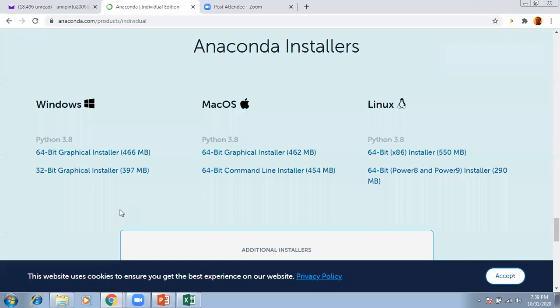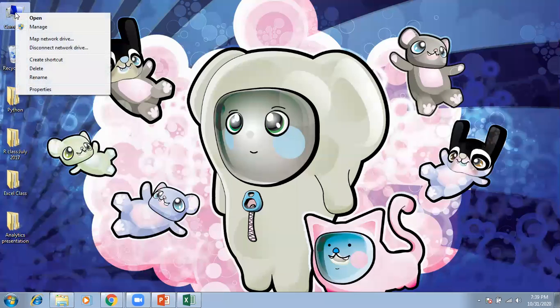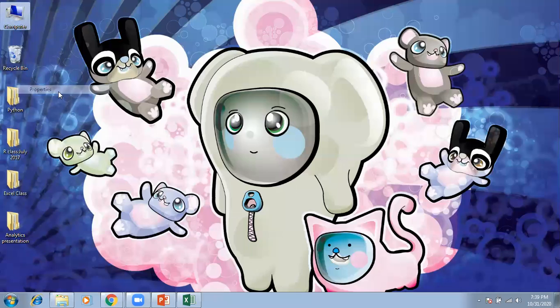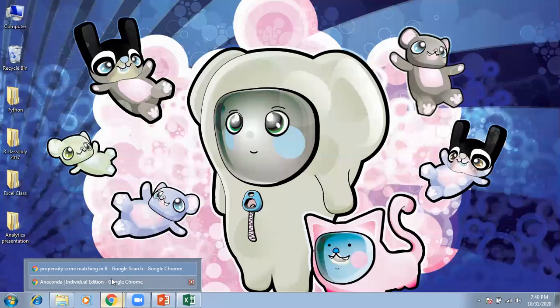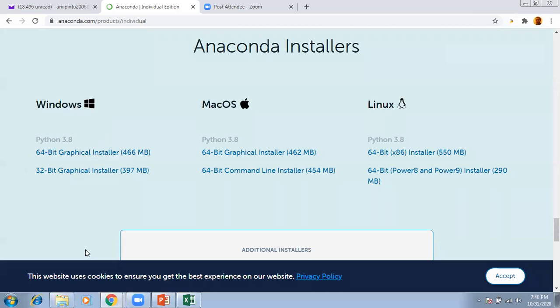In case you are using 32-bit, then you click on 32-bit, but I'm sure most of you will have a 64-bit one. If you don't know whether it's 64-bit or 32-bit, go to My Computer, right click, go to properties. Over here you can see system type, 64-bit operating system. So you simply download it.